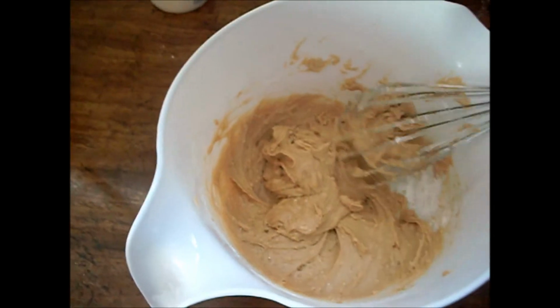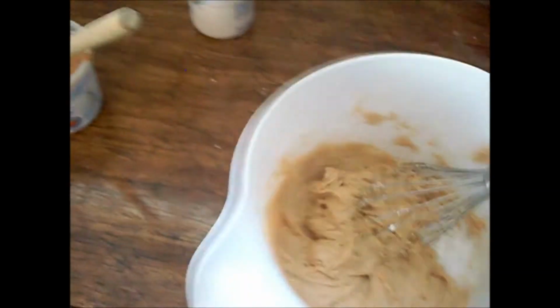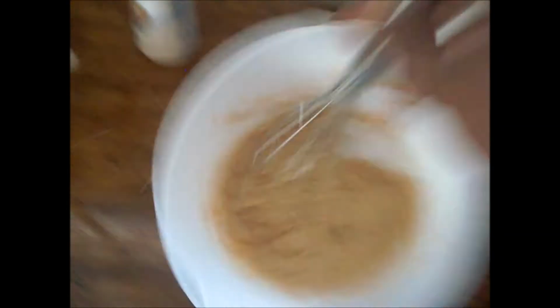Now that we have our frosting, we make more because frosting is hella delicious and you can never have too much frosting. Now that your frosting is finished, what you're going to need to do...